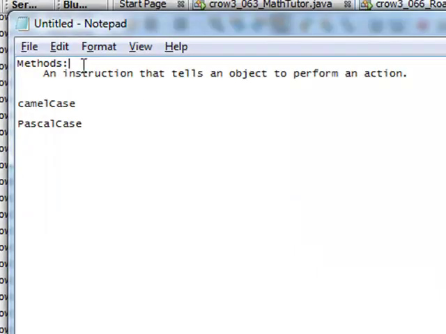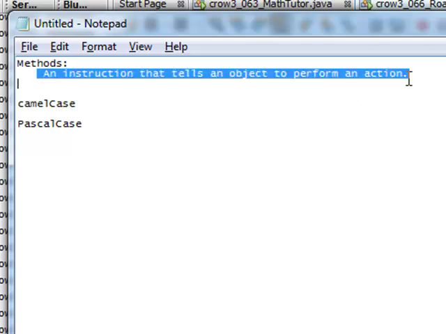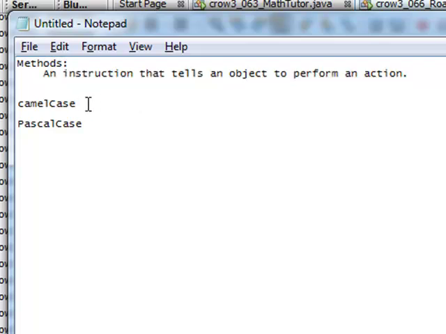Hello there. Today we're learning about methods in Java. So a method is an instruction that tells an object to perform an action. If you understand what that means, great. If not, then don't worry about it. We'll get there. One thing I want to point out about methods is that the naming convention for them uses